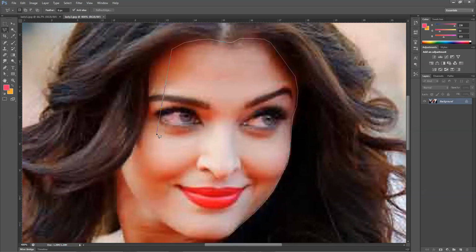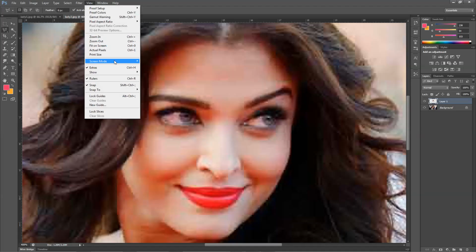Now, obviously, if you do a lot of straight lines, it's going to show. So ideally, you do them little by little, like this. Keep going. Now around the chin. And when I get to the end, I double click and they join. And now, as you can see, like I showed you last time with the marquee tool, with the polygonal lasso I've selected an irregular shape. And in fact, if I now do edit, copy, and edit, paste,